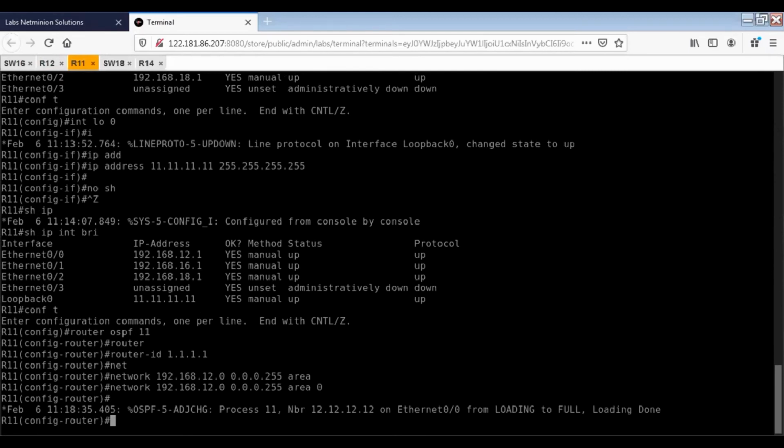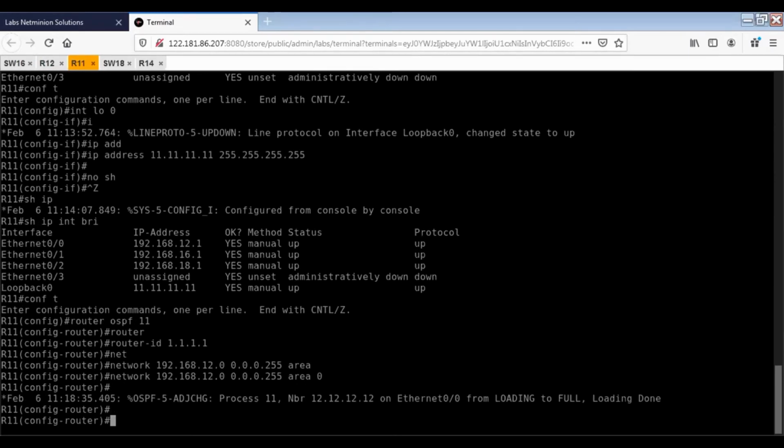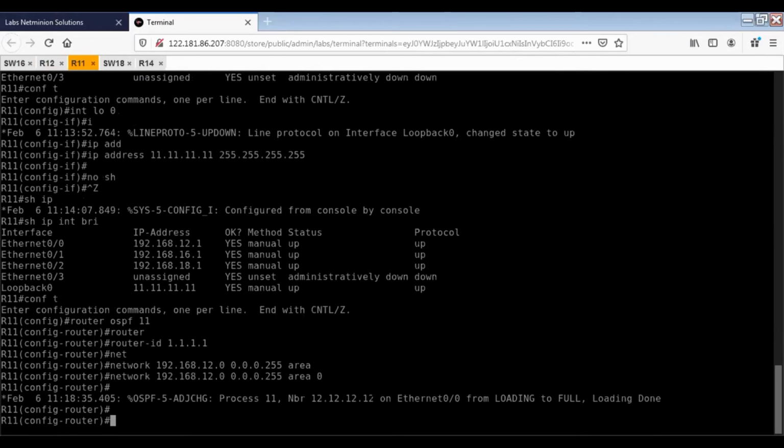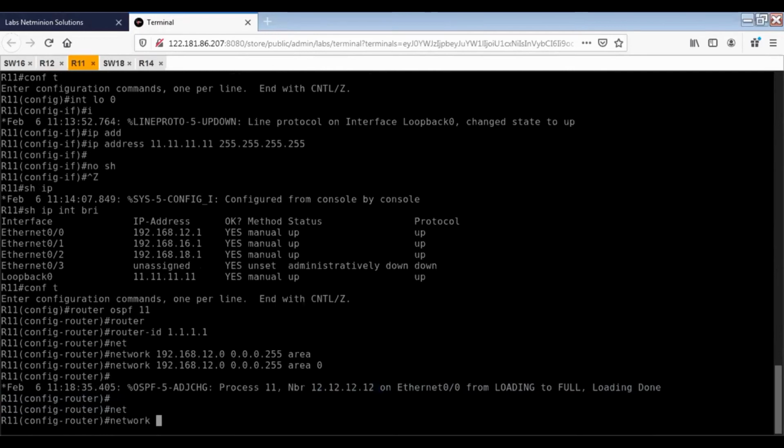Then you can see the adjacency is up. If you go on the 12 side, we'll see the neighbor as 1.1.1.1. Here we have not given any router ID, but the loopback address is 12.12.12.12, so it is taken from that. We got this message through the hello packets. So what we'll do next is network 192.168.16.0.